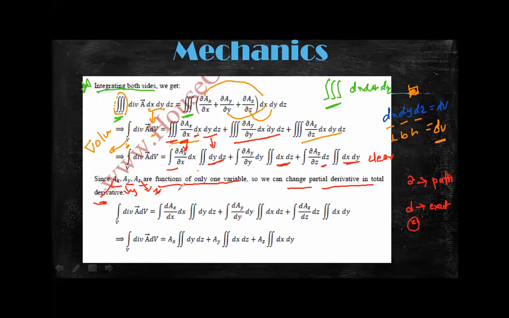So from here to here I am going for exact, ∂Ax/∂x with a function of x only, so I can write ∂Ax/dx. Same I am writing, I did not change anything here, only shifting from ∂ to d, completely, because you have separated the functions. So then what happened, the left side quantity I am writing here same as this left side one,